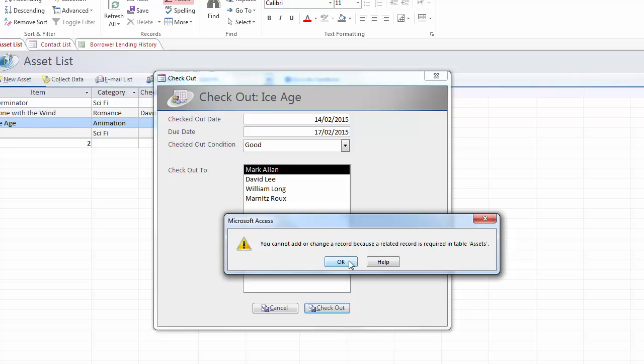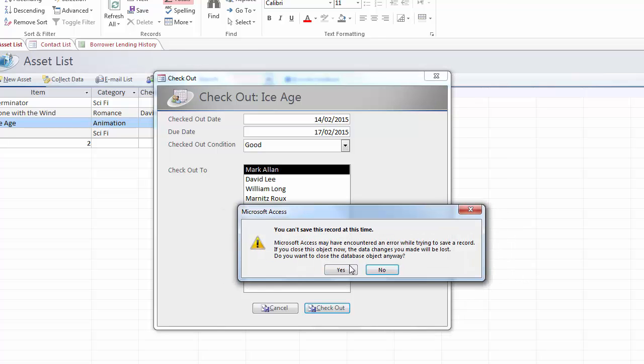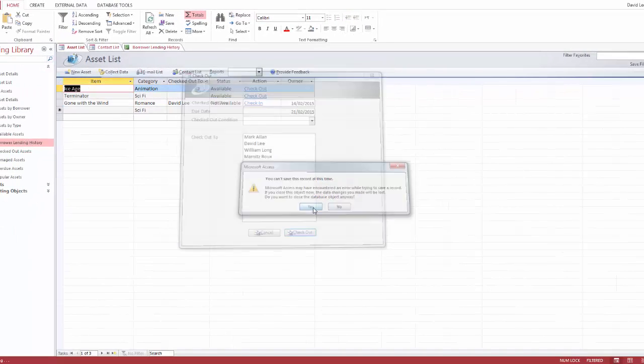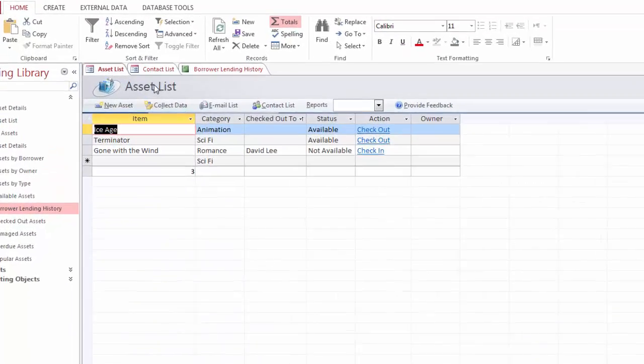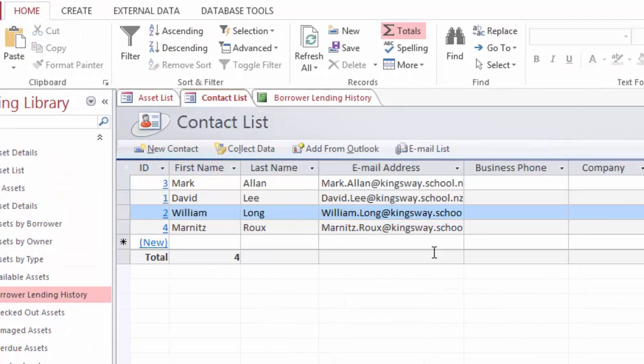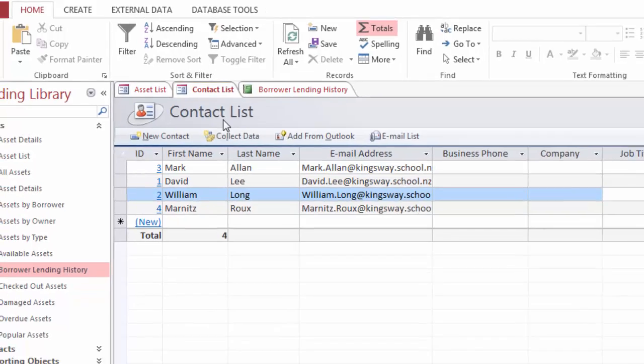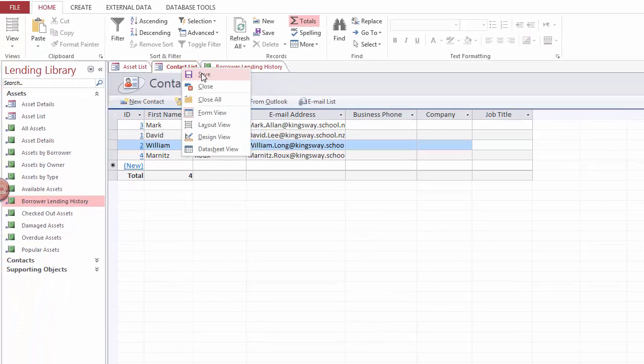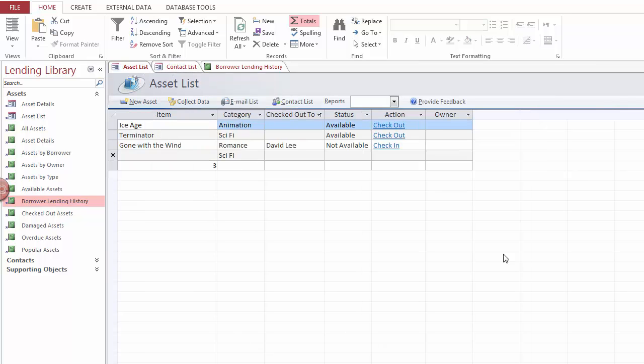Okay. Interesting, I've got to save it. I'll tell you why that's happening. So I'm just going to close it. I'll show you what was wrong. When I went over to my contact list, I didn't save it, and I should have saved it. In fact, even if I did here, I could right click and go save. It would do it. And now when I go to my asset list and check out